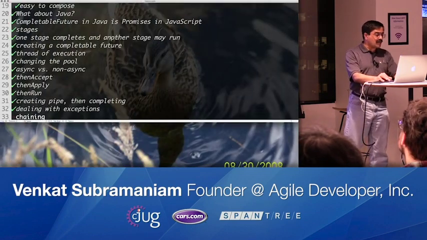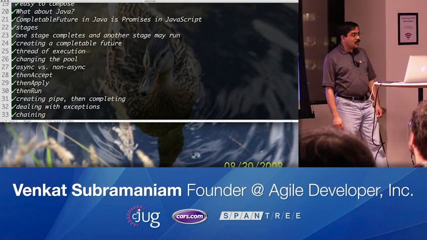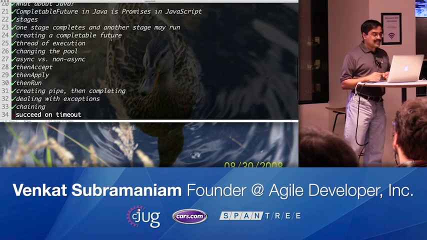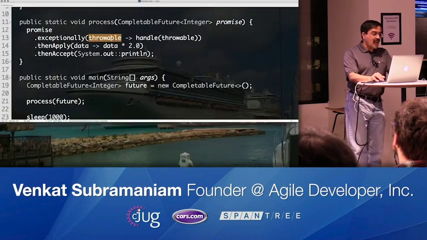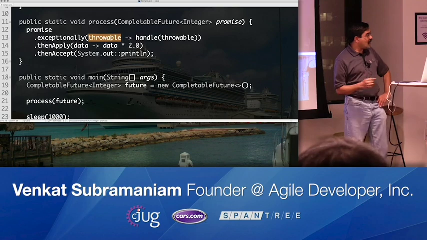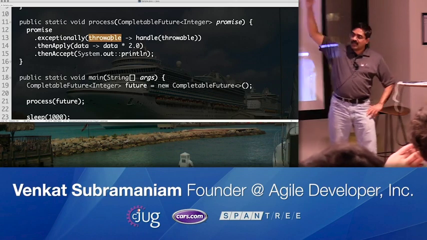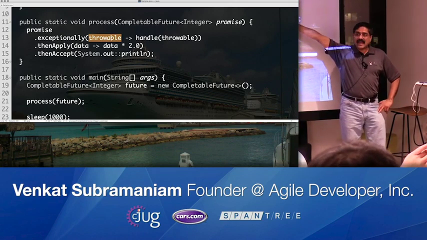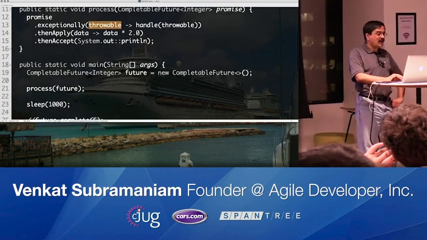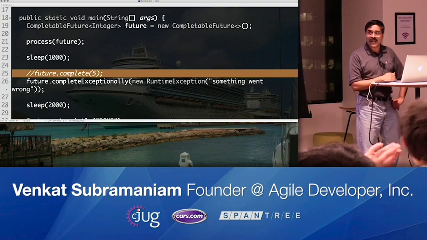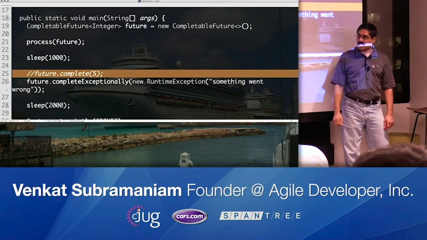So that gives you an idea about how we can perform this chaining of these operations, and you can move it forward. So this is all available in Java 8, except that Java 8 had one strong limitation. If you look at this code right here, you have a pipeline that you have drawn, and in this pipeline you have an exceptionally, and you have a then, so you know what to do with the data, and you know what to do with the rejection or the error. And of course, once you build the pipeline, your task could take the time to execute. When it finished, it sent the data, or it couldn't finish, it sent a rejection.